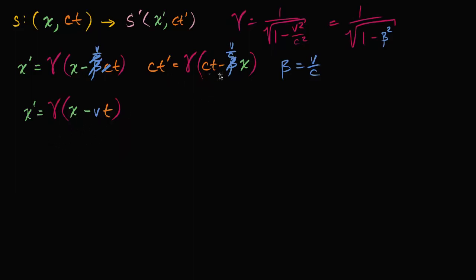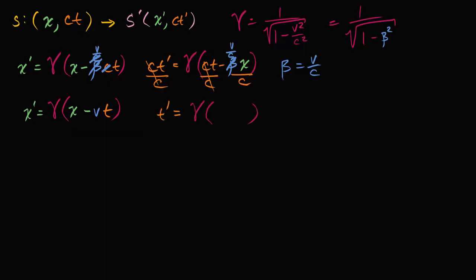Let's think about what happens over here. And over here, instead of staying in ct prime, I'm going to also divide both sides by c. So we're just solving for time as we normally associate it with, not just the t prime variable as opposed to ct prime. So let's also divide both sides by c. So you divide by c there, and you can divide by c there, and you can divide by c there. Those c's cancel, those c's cancel, and so we're left with t prime is equal to the Lorentz factor,